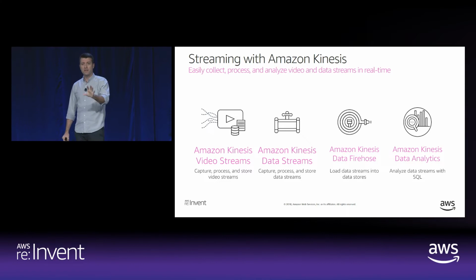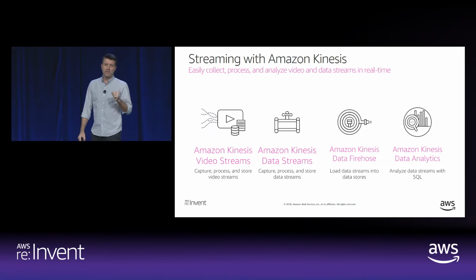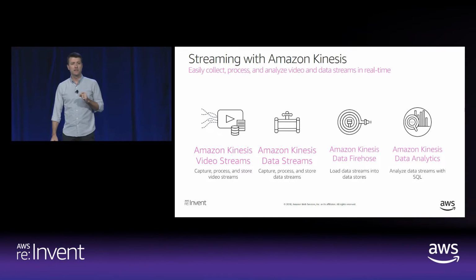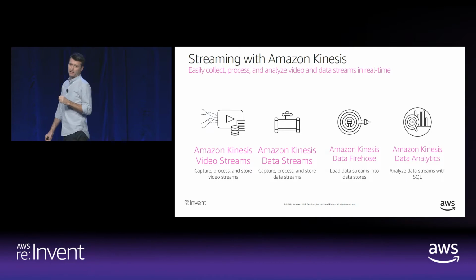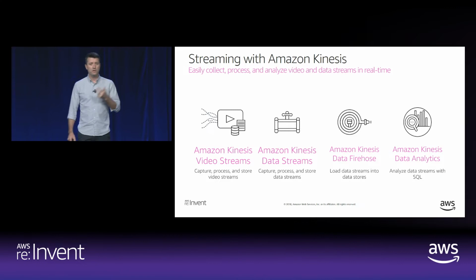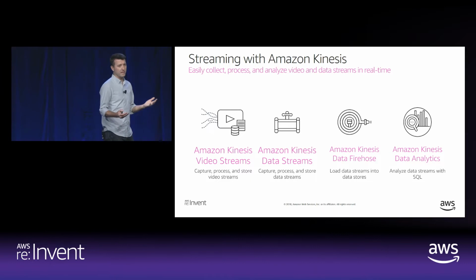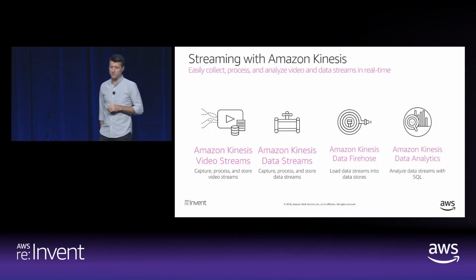So I'm not going to get into a ton of details about what these services do, but I am going to tell you some of the differences between them and why you might choose to use one over the other. I'll start on the left, Amazon Kinesis Video Streams. This is a relatively new service. We launched it at re:Invent last year, but it enables you to ingest and process binary encoded time series data. So that could be video, audio, LiDAR, radar. We call it video because video is kind of the number one use case, but there are other binary formats that can easily be ingested into video streams.